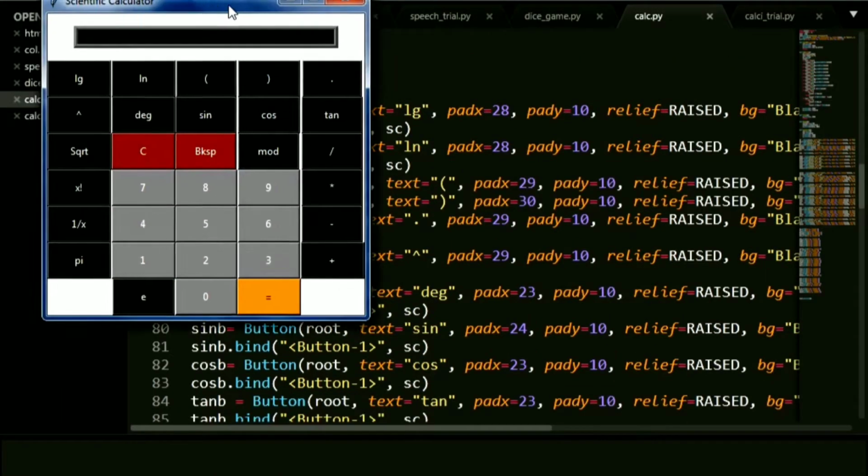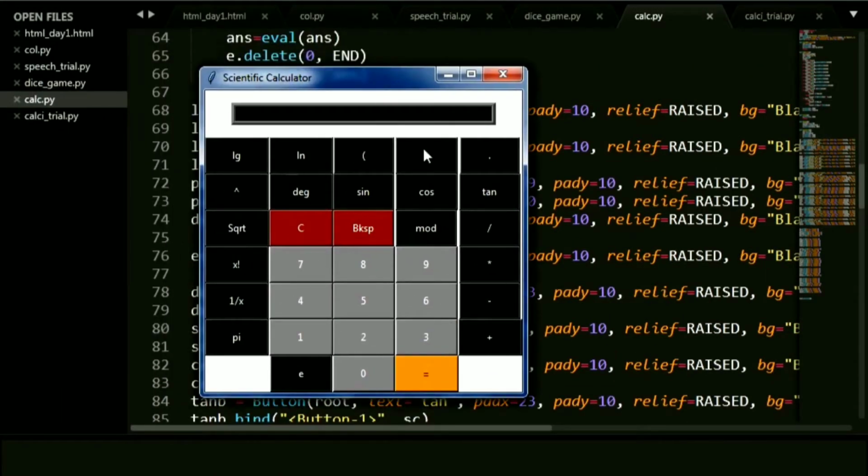There you have our calculator, and you can perform basically any operation you want. Let's say I want the factorial of 5, then you have it as 120. Okay, this is how our calculator works. In case you haven't visited that, you can go to my exactly previous lecture and you will find the scientific calculator project. It's pretty interesting and pretty short, and you can go and explore it a little bit.